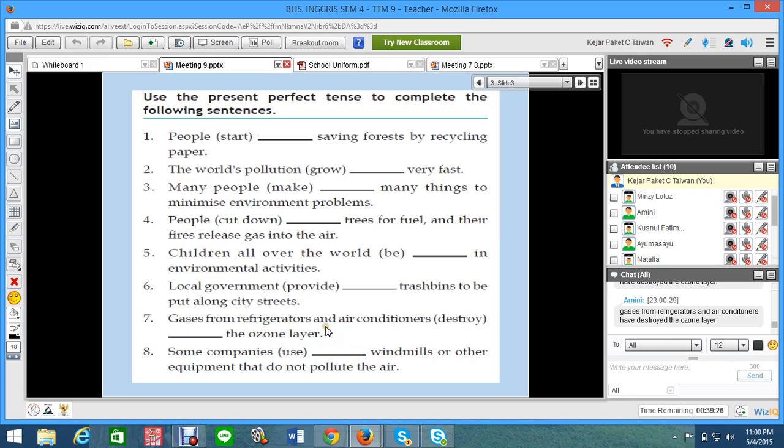Lapisan ini namanya lapisan ozon. Layer itu lapisan, ozon itu ozon. So di bahasa Inggris dari lapisan ozon adalah the ozone layer. Okay, now number 8. Some companies, okay, verb 3-nya kita hanya menambahi d, karena ini berakhiran huruf